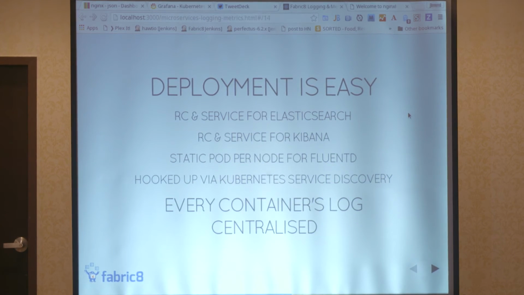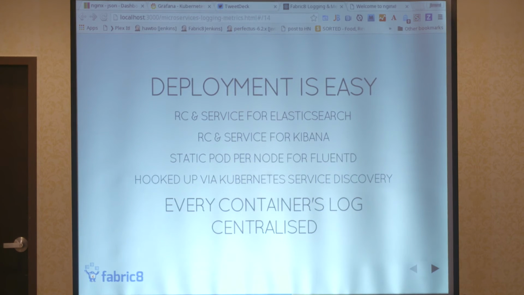The reason we're using FluentD was mainly because the upstream Kubernetes was already using FluentD. I think Google used FluentD, yeah? So that was one of the main reasons. It was kind of just to enhance what they were already doing. FluentD is an event collector. If you've used Logstash, they have Logstash Forwarder or Logstash.